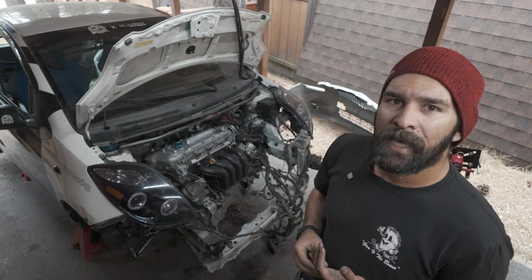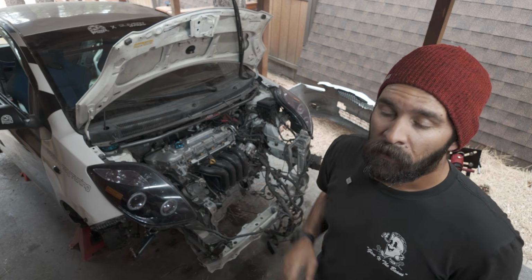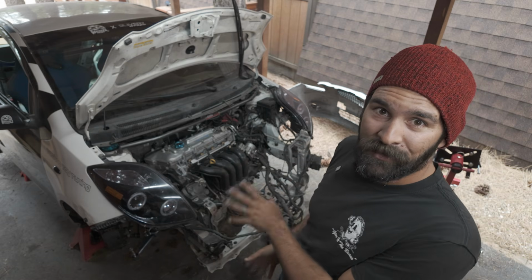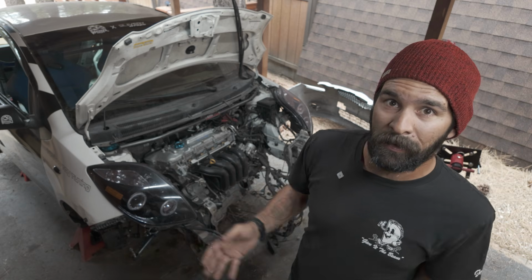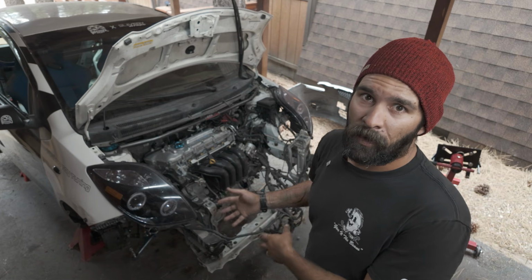So when does the STL build start? Not for a long time. First and foremost, I haven't even gotten the 2ZR swap done yet. Let's at least get this running and get this up and ready for Time Attack before we start doing an STL build. Secondly, I play fast and loose with a lot of the stuff that's going on with the car,